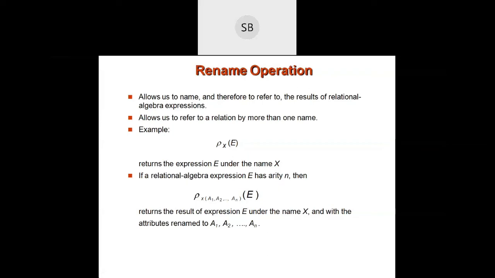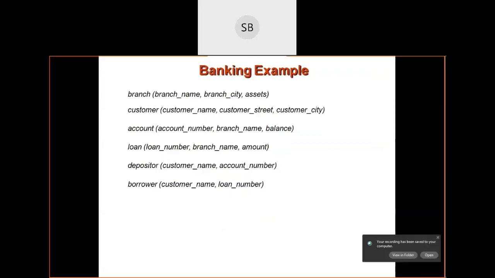Suppose your table is student and the attributes for student are roll number, name and class. Suppose you have to change the names of your attributes to S roll number, S name and S class. So you change by using rename. Rename student table in brackets, attribute names are S name, S roll number and S class, from table student S. So you can rename your table or rename your attributes in rename operations.